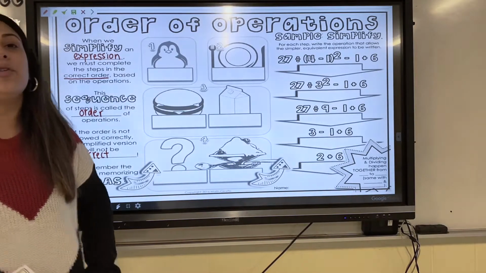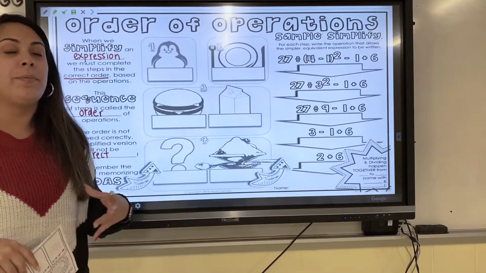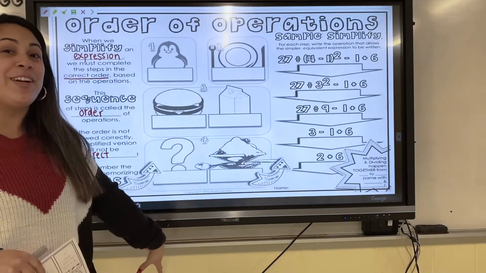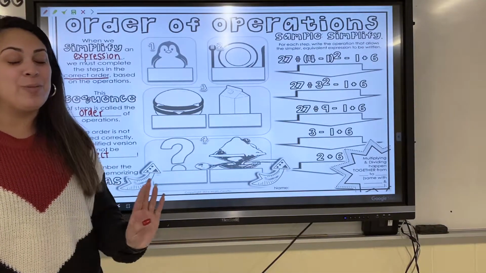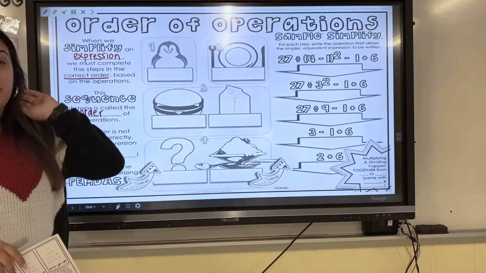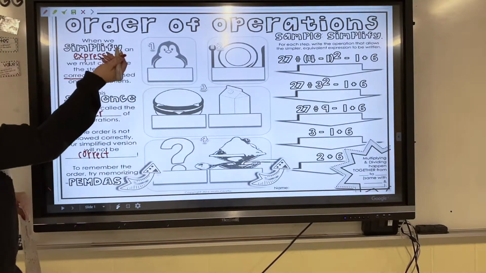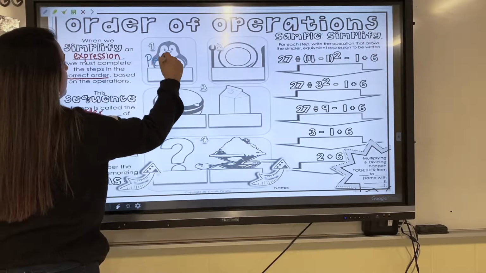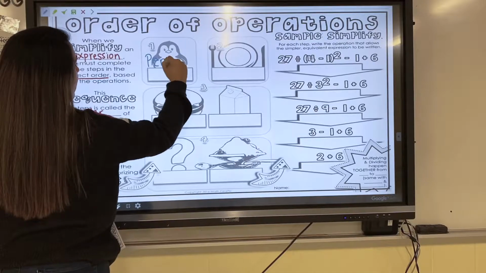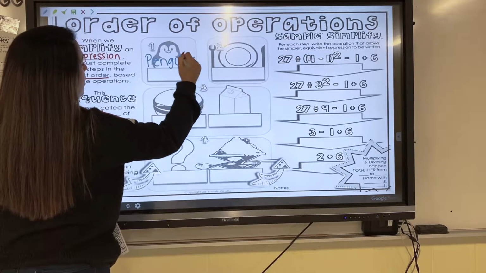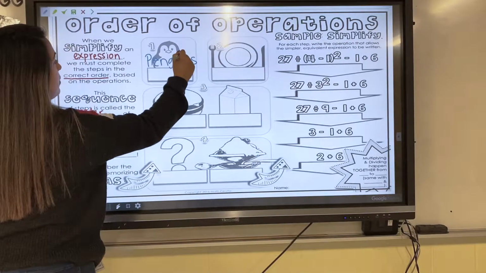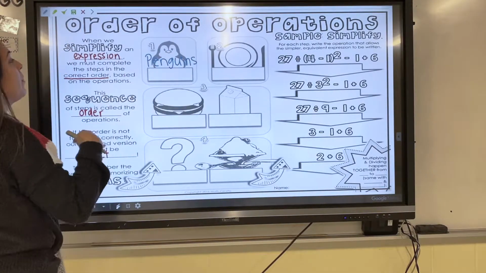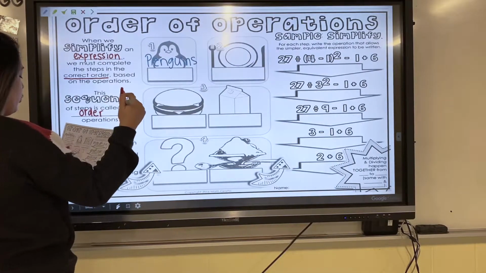Now, I know a lot of you, like a lot of your parents, remember PEMDAS as Please Excuse My Dear Aunt Sally. But this is a little bit of a funnier one, so do whichever floats your boat. But our first operation that we always have to do, in this case, I'm going to use a different color, is penguins. So you can write penguins, and penguins represents